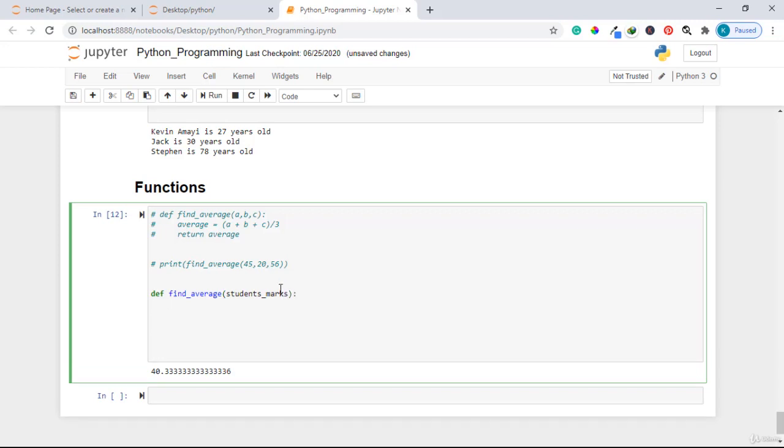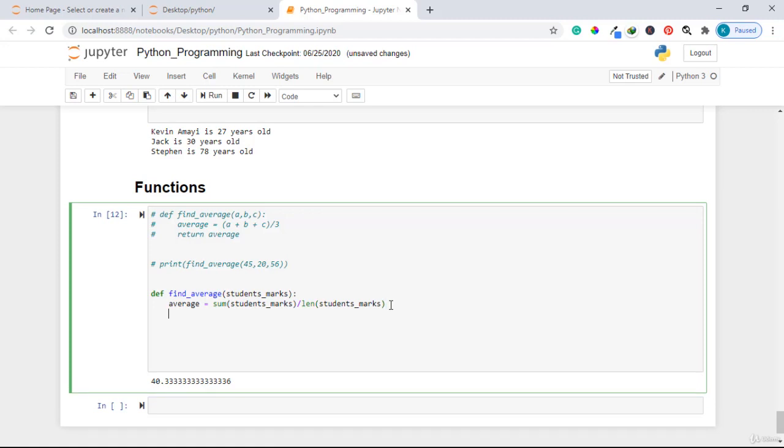And now, since this will be a collection, rather let me say a list of marks, what you want to do is say average equals to, and now remember, while you are using a list, we have an inbuilt function known as sum, which can ease our task for finding the students' marks. And now after finding the marks, you can use again a function known as len, which finds the number of the students, or rather the number of the values in that list. In this case, we'll find the sum in the list and then find the number of the values in that list, and so we take the sum over the number of values in that list, which will give us the average. And so the last thing I'm required to do is just say return